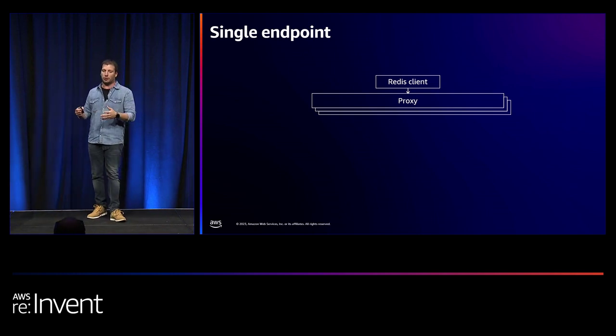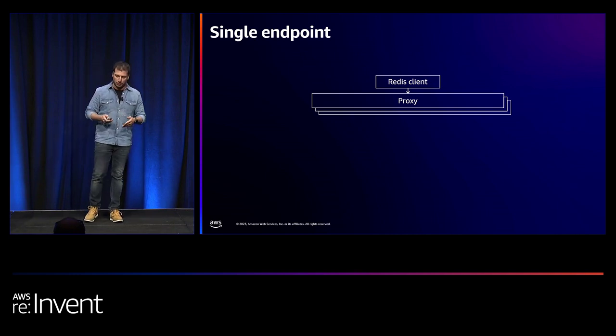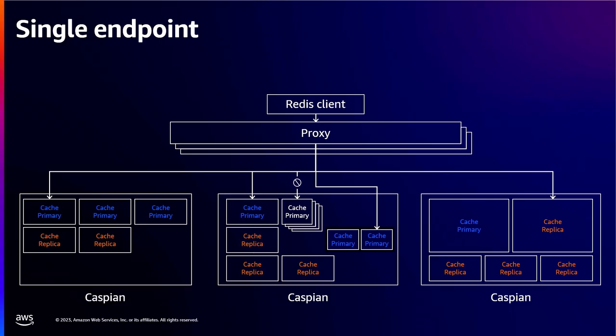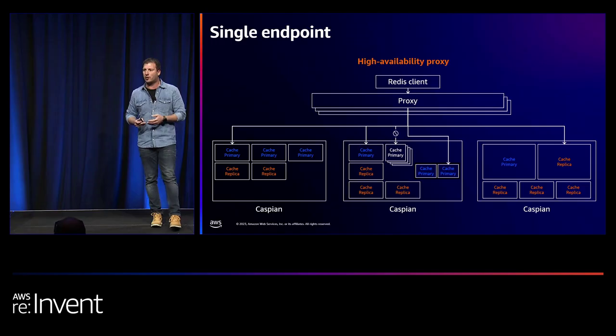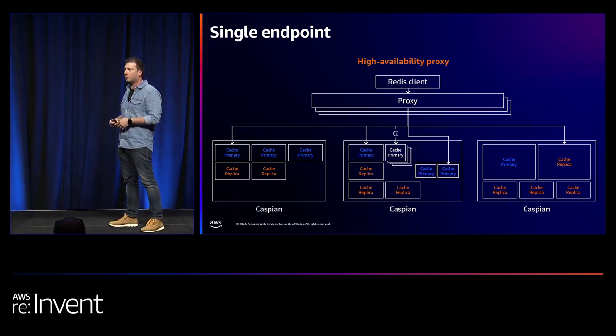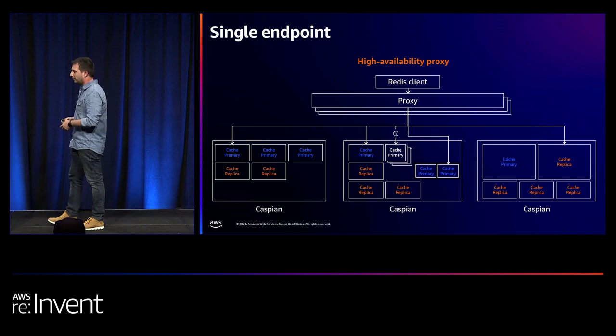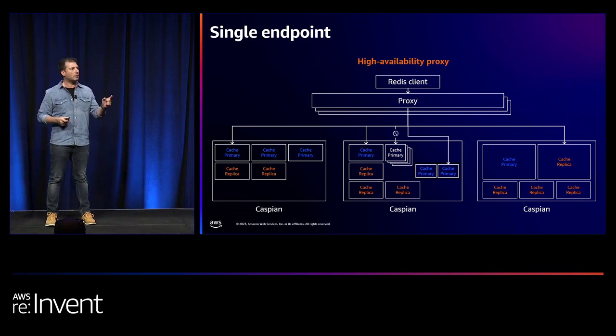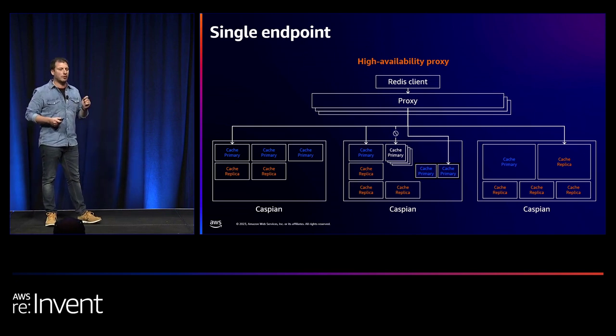And this is a huge improvement compared to node-based provisioning. So we built the proxy to be highly performant, highly available, fast, and secure. And we decided to build it using the Rust language. And the reason for that is that we want to leverage the inherent features such as memory safety, concurrency safety, and high speed. Now, the proxy's main job is to route client requests to the correct shard